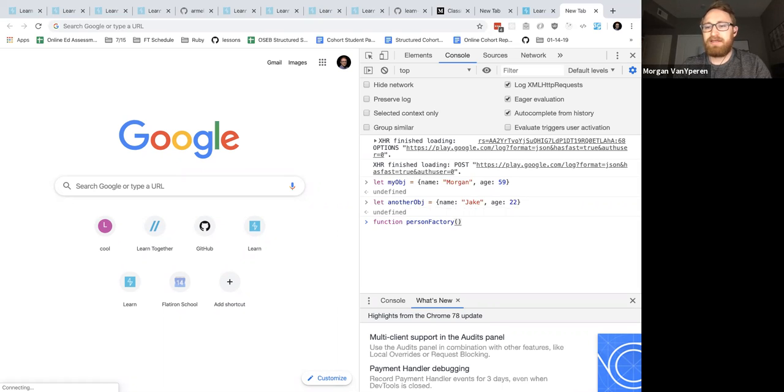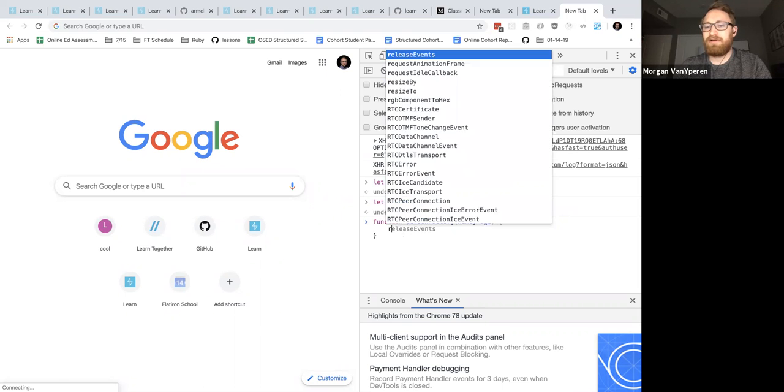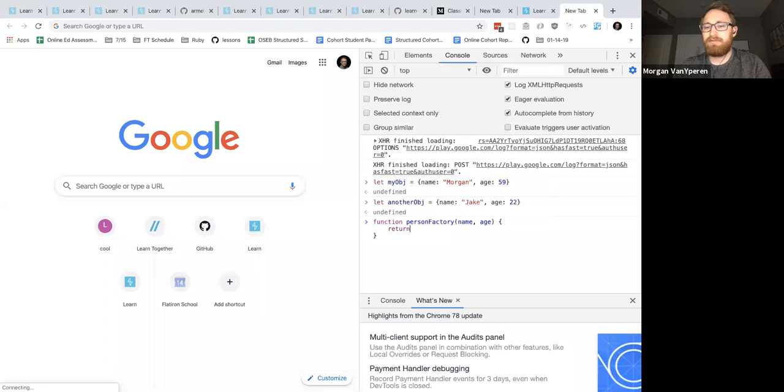And I'm going to take name and age. And this function is going to return an object. And that object is going to have a name key. And then this is where I pull down this argument. So I'll say name is name,